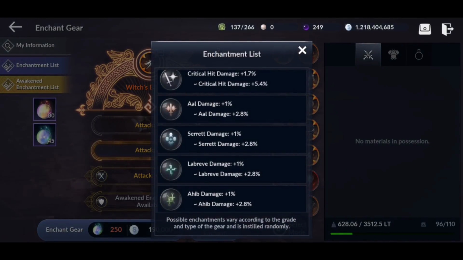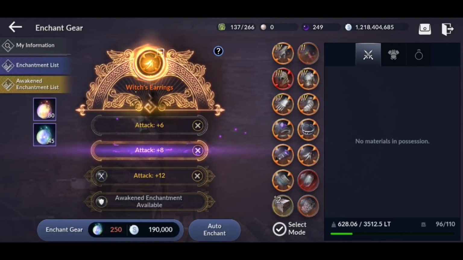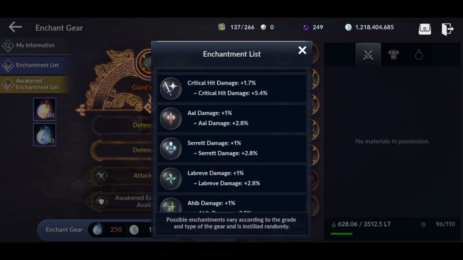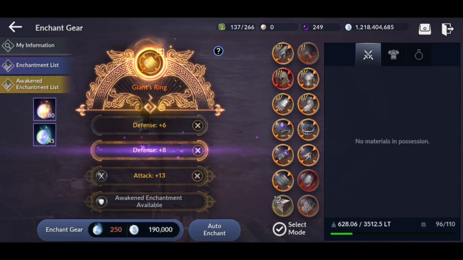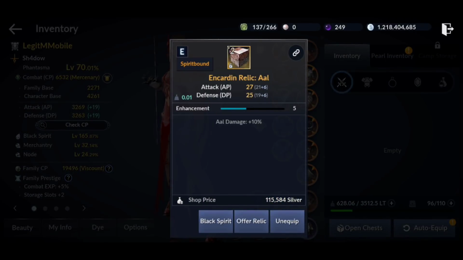For the earrings, attack. Unless your crit hit damage isn't maxed, you could get away with that. It's still a good choice. And then again, we got defense, crit hit damage, if your crit hit damage isn't capped. So that's the accessories. And the gear, as far as relics, I do like the relics that give AP and